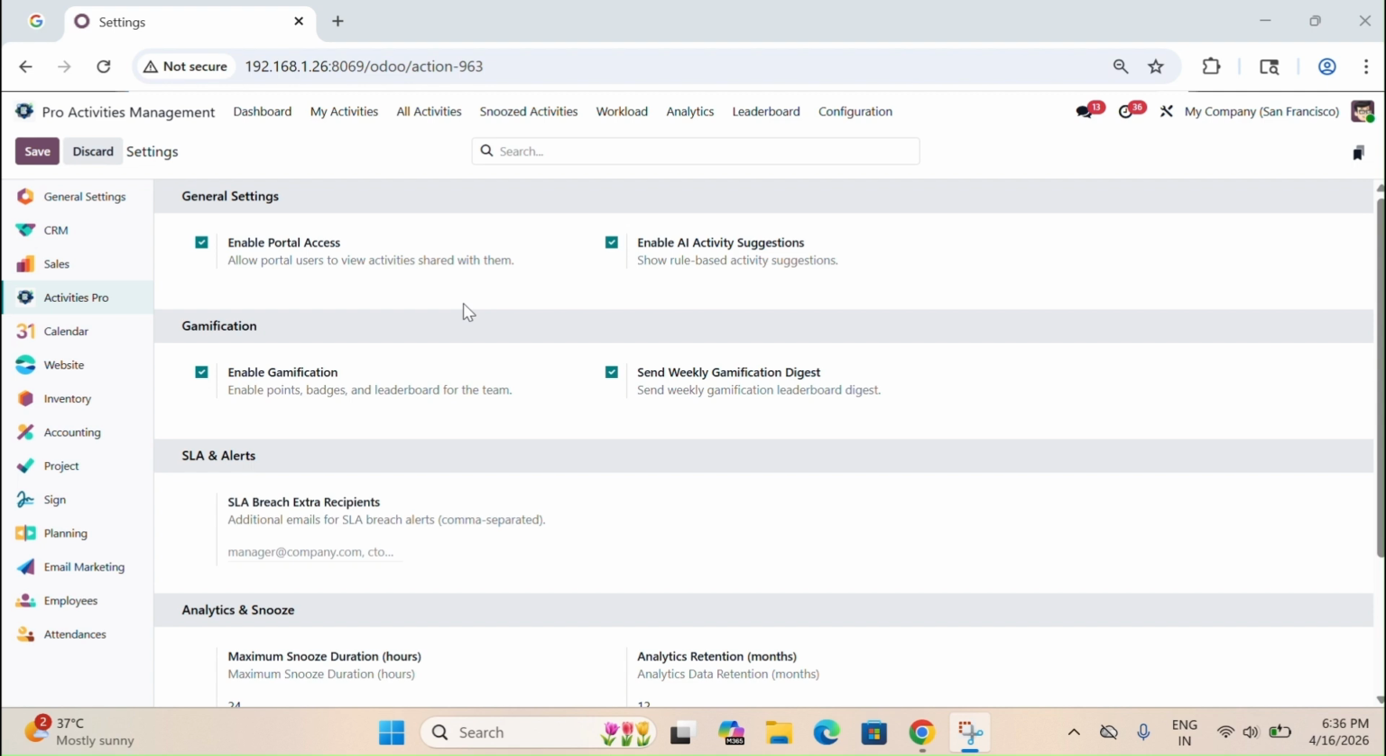The first section is General Settings. Here we have Portal View. If this option is enabled, portal users can view activities that are shared with them. Then we have AI Suggestions. In this module, this setting controls the activity suggestion system, so users can receive smart or rule-based follow-up recommendations directly